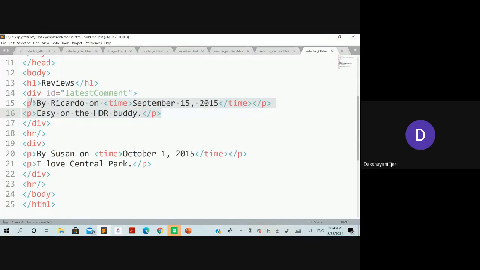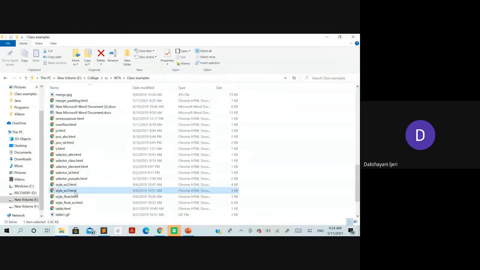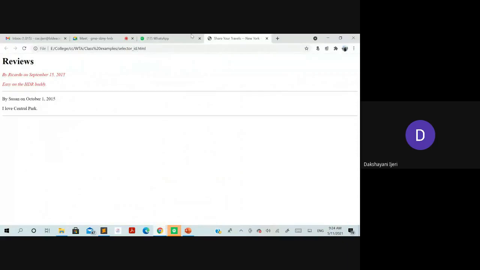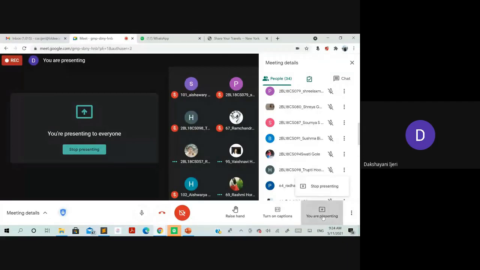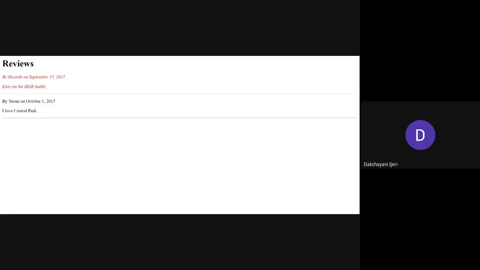So whenever you apply any styles to the parent element, by default the styles will be applied to its children also. Okay. Is it visible? The output.